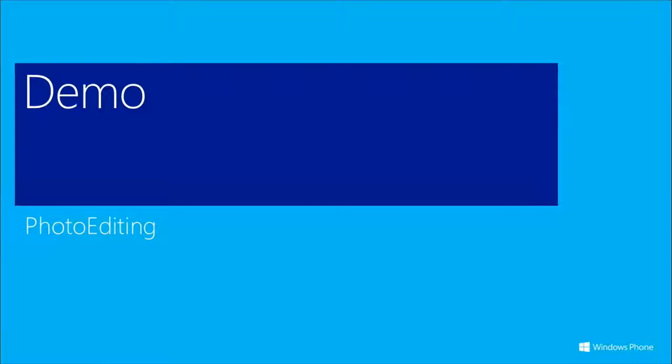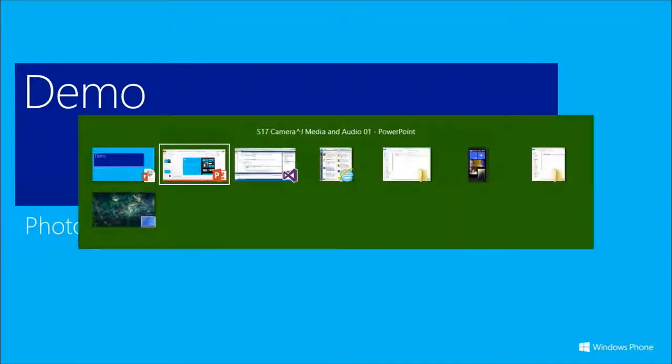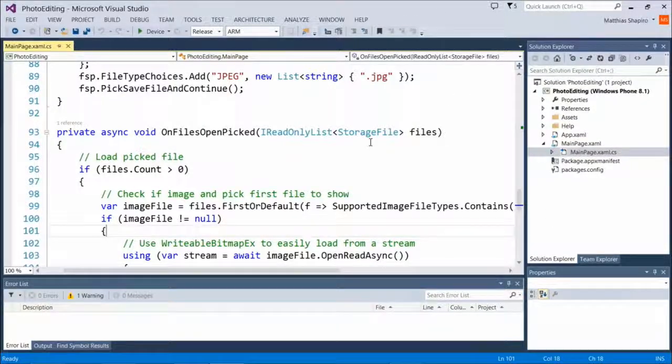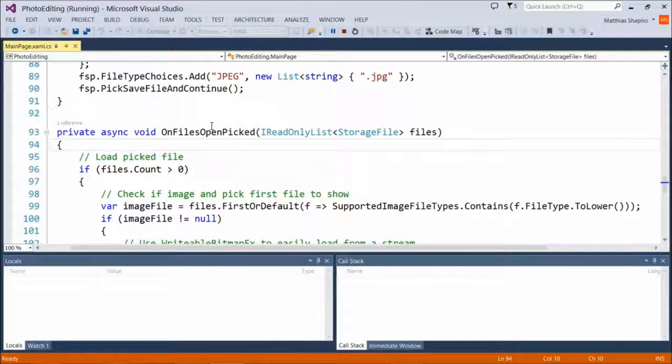So let's take a look at the demo and show a little bit of photo editing in real life here. We're going to run this, and we're going to look at the file open picker. We're going to pick an image, apply a filter, and then we can save that image. So we'll start by